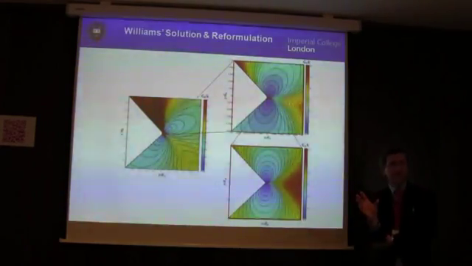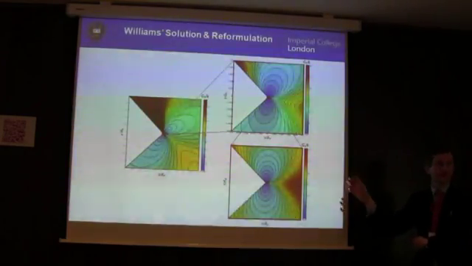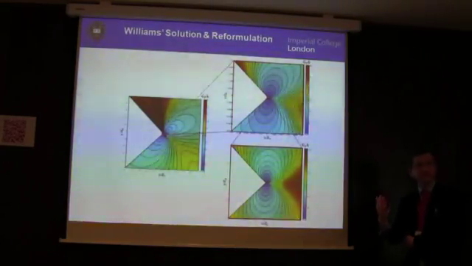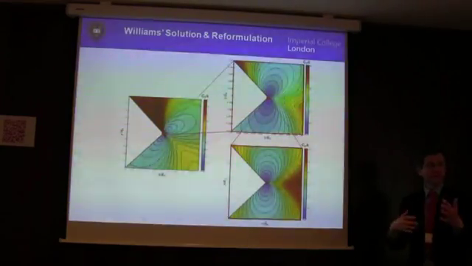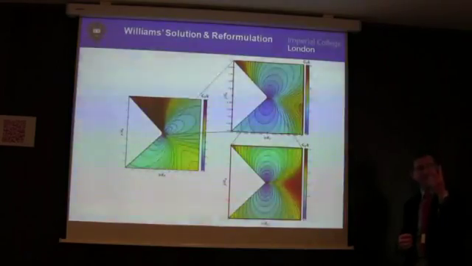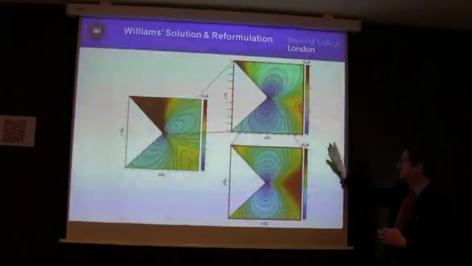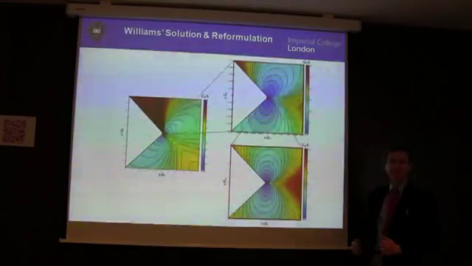Now, I emphasize again that so far in this I've done nothing other than look at the Williams solution itself. So the way that I would expect you to use this in a problem is that you would calculate the mode 1 and mode 2 stress intensities from the finite problem. From that you'd calculate my two new variables, D naught and G naught. G naught would then give you the magnitude of the loading here,